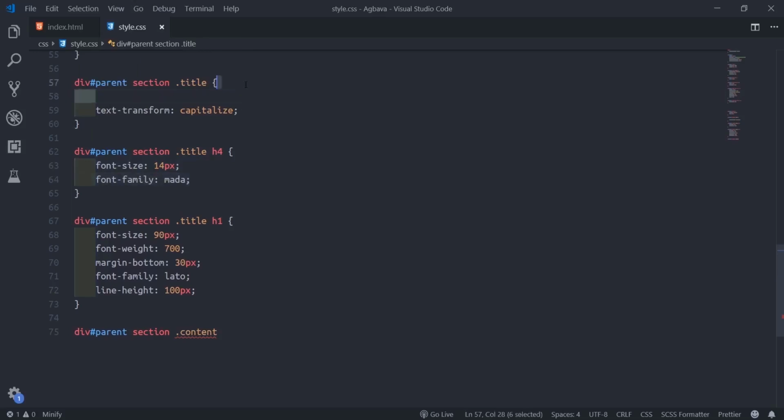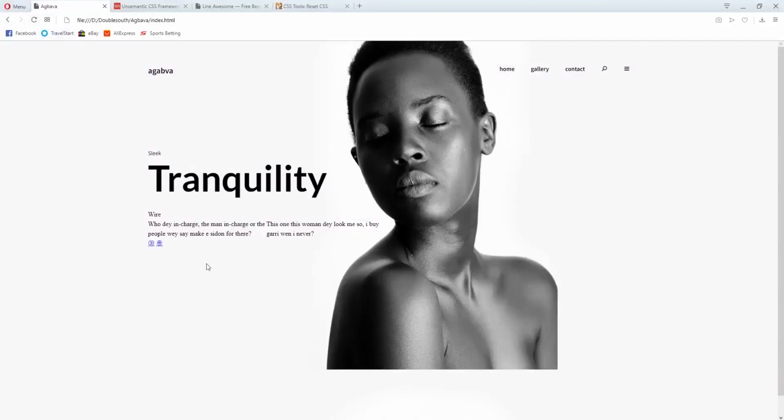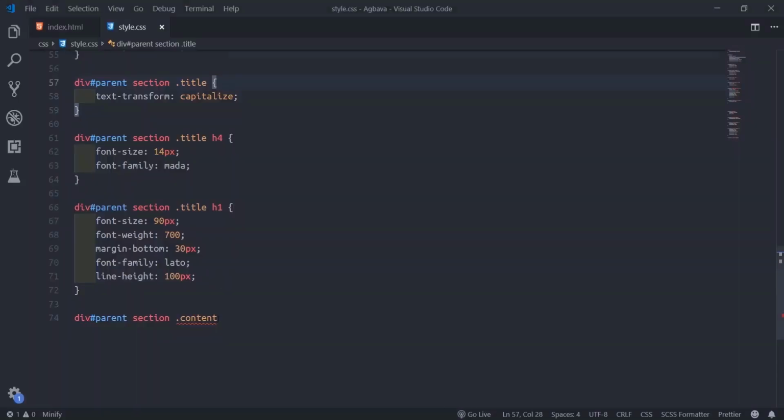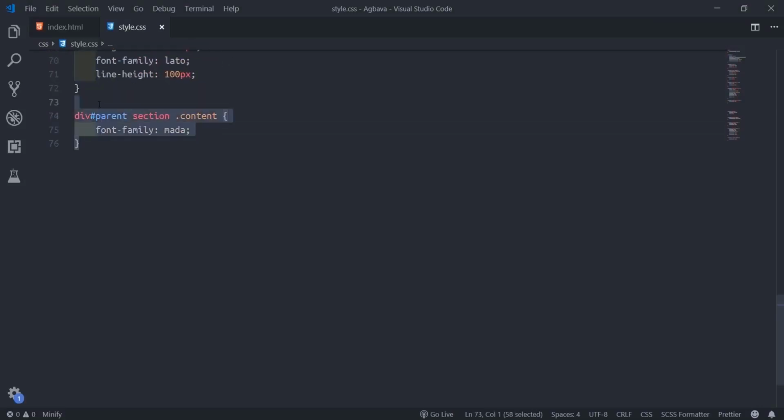Let me go back and see. It's still like that, so we come to the content and make the font family for the content, maybe Mother first. Then I'll duplicate this one. Inside the content I want to target the H5, which is that line already there.